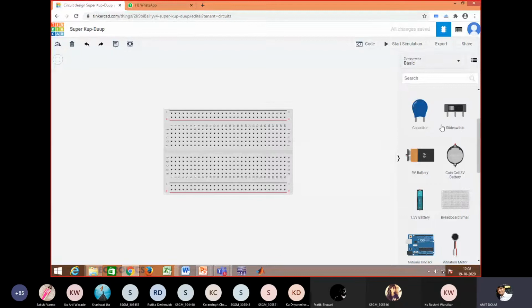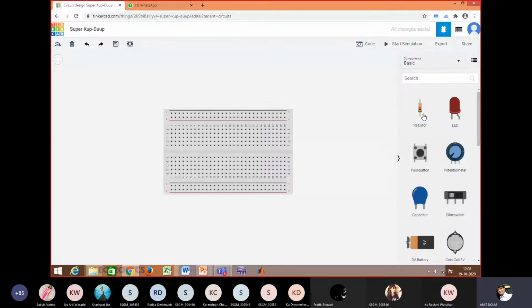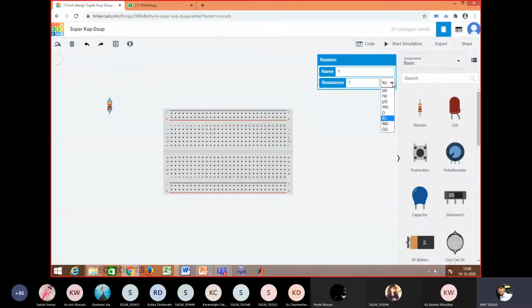Then what we need is 4 resistances of 1k. So I'll use one by one. I'll take one of 1 kilo ohm value. You can see here it can be changed to ohm, kilo ohm, mega ohm. You may add 100 kilo ohm likewise. So I'm using a 1 kilo ohm resistance and say this is R1.